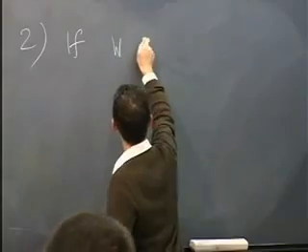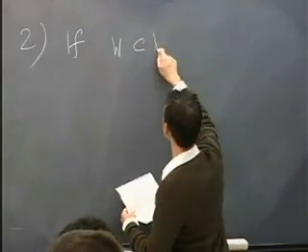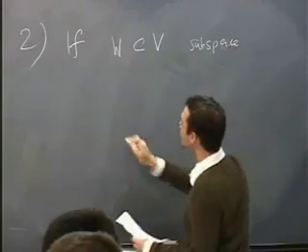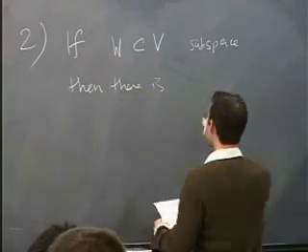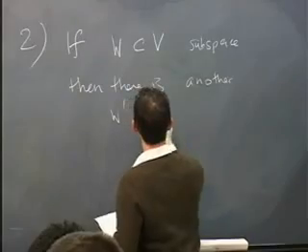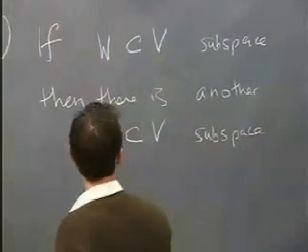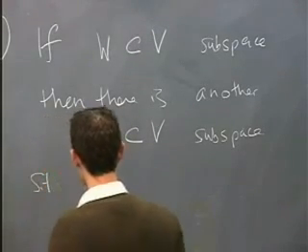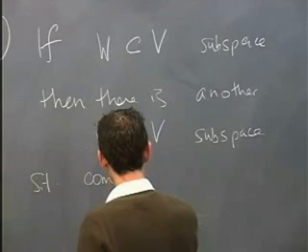So if W is a subspace of V, then there is another subspace W prime of V such that the composite map,